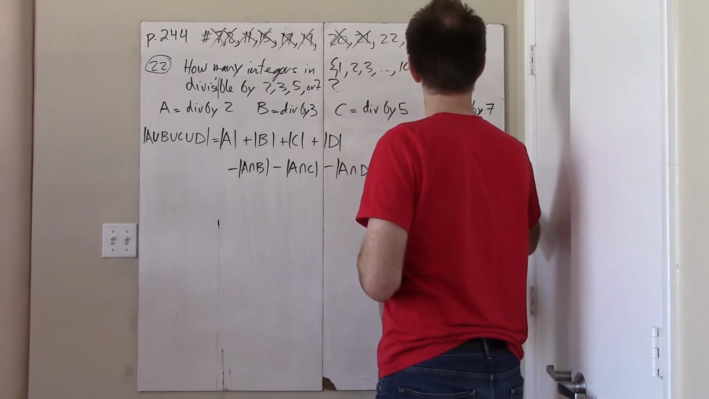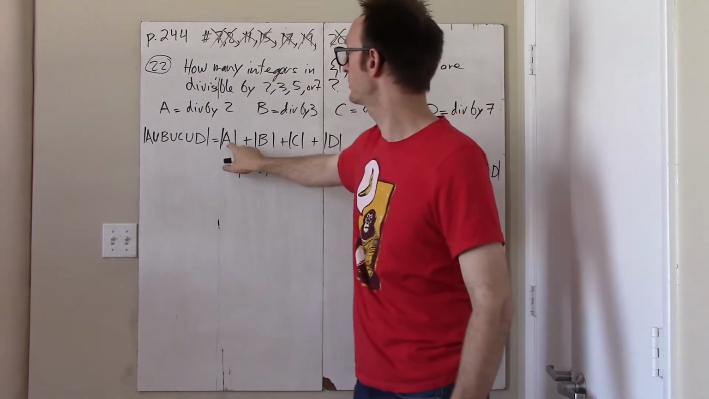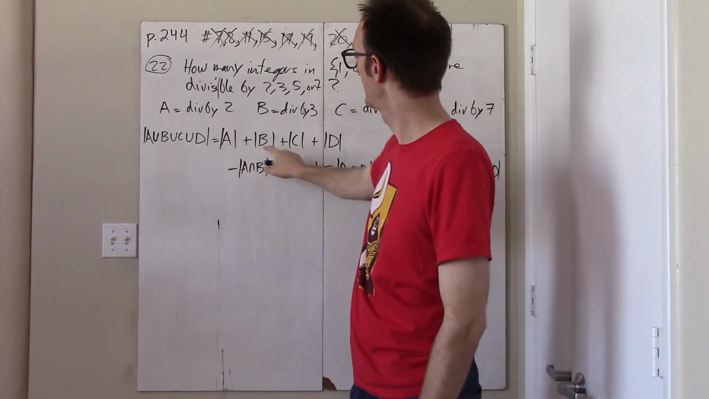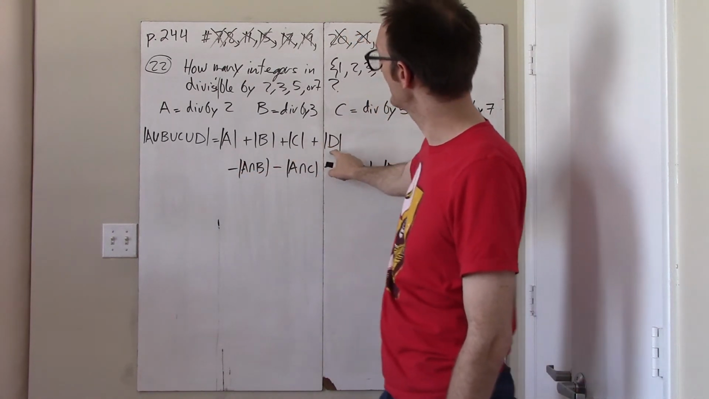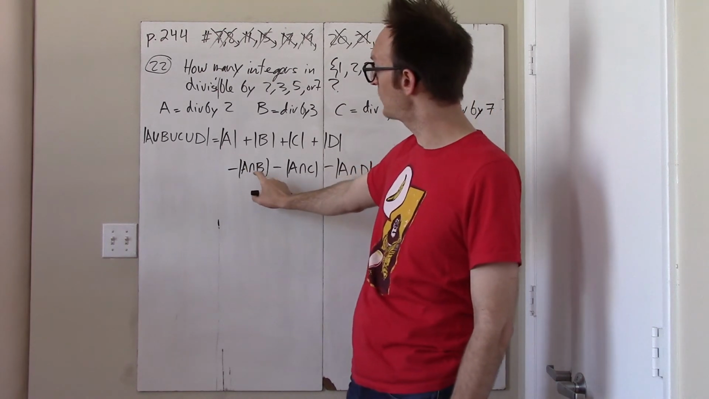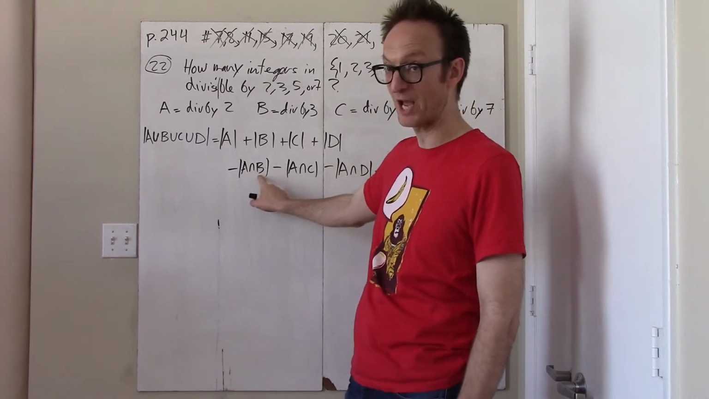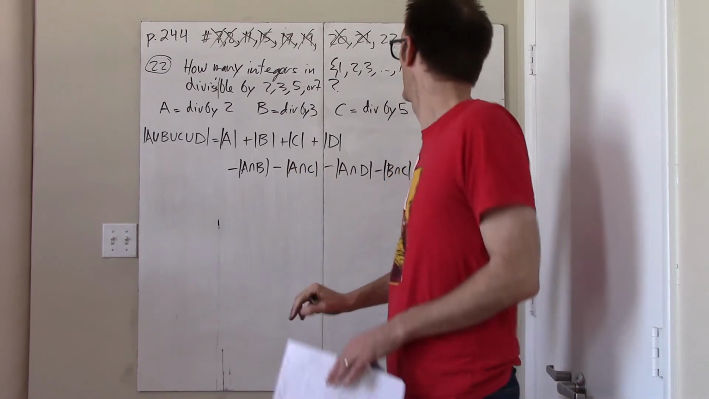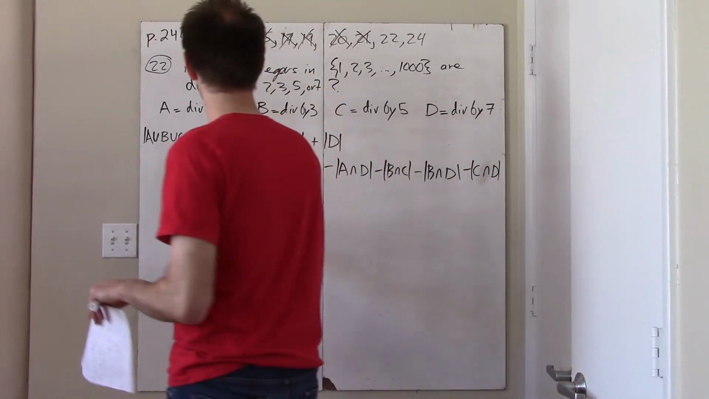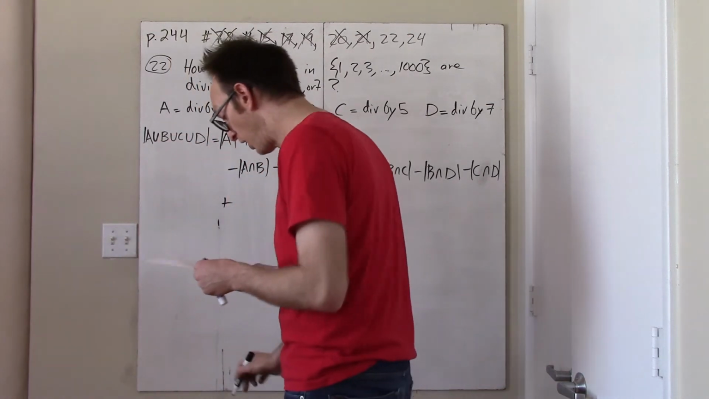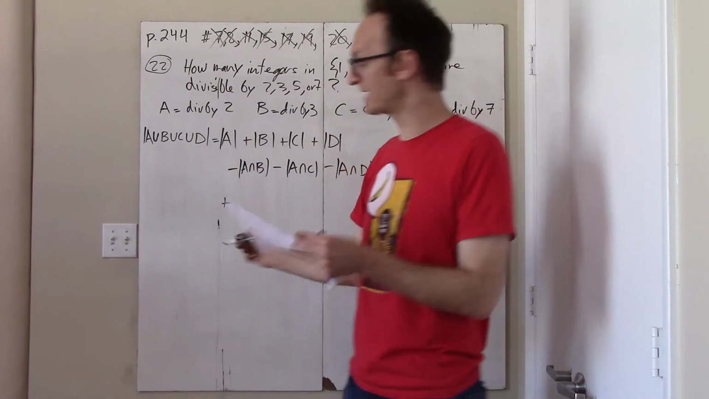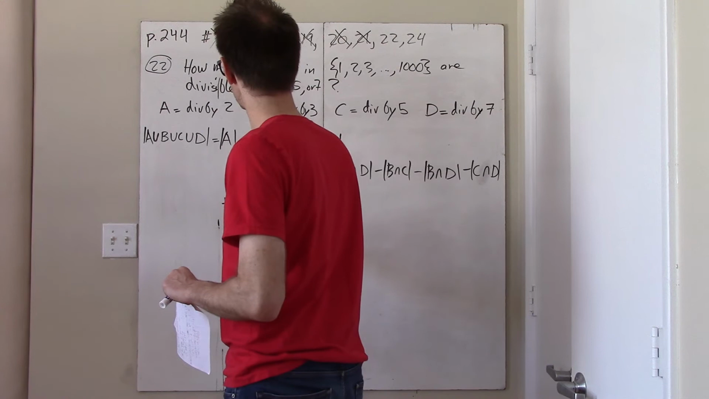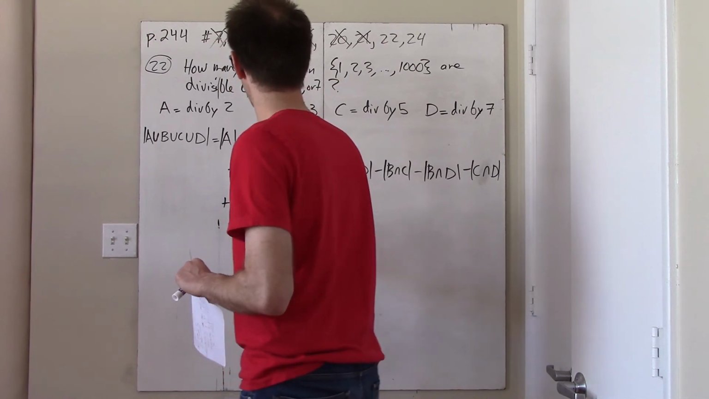So these are all the numbers that are divisible by 2, all the numbers divisible by 3, all the numbers divisible by 5, all the numbers divisible by 7, all the numbers that are divisible by 2 and 3. We subtract those out because we double counted them. All the numbers divisible by 2 and 5, etc. Okay, and then we have to add back in all the numbers which we double subtracted. So that's A intersect B intersect C plus